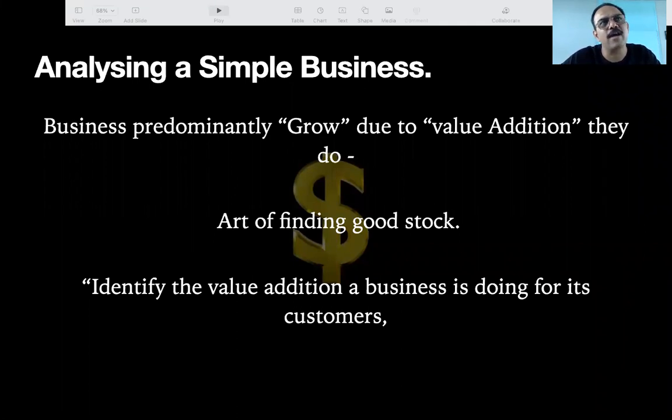Someone will say, oh no no, I am from an IT background, I don't understand fertilizers and all. Okay, invest in IT only. Focus on IT, whatever you understand, invest in that, you will earn a lot of money. People run behind other industries which they don't understand. So lesson number one in fundamental analysis is, invest in a company which you understand, what value addition they are doing for the customer. If you don't understand that business, don't do that.